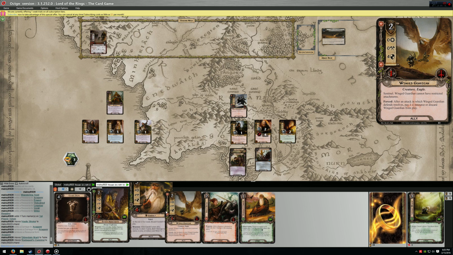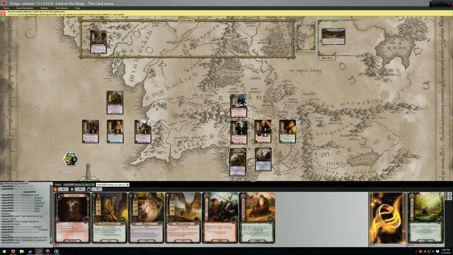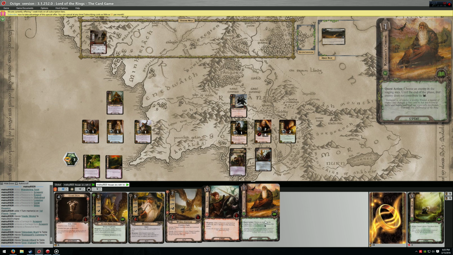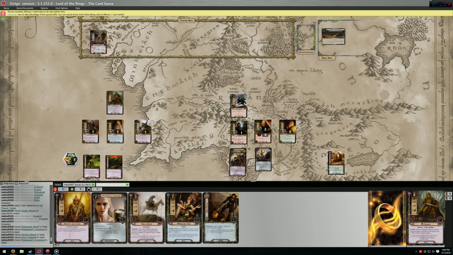Yeah, it's fine. And we'll have Radagast Cunning. Okay. And we have Sneak Attack. Okay, cool. So I'm just going to put these out here so I remember that these are the cards that I possibly want to play. All right, now